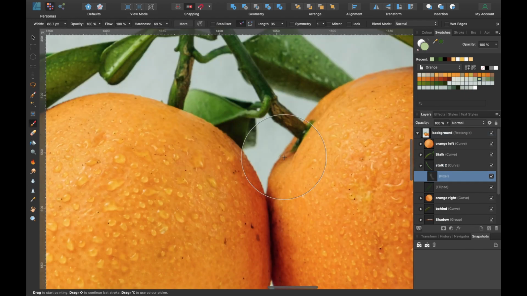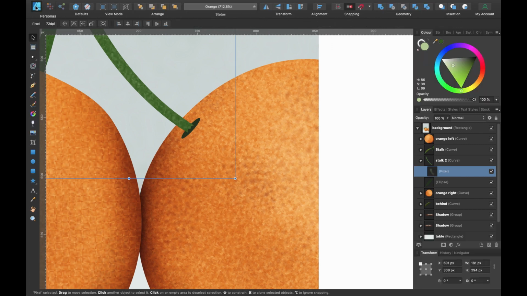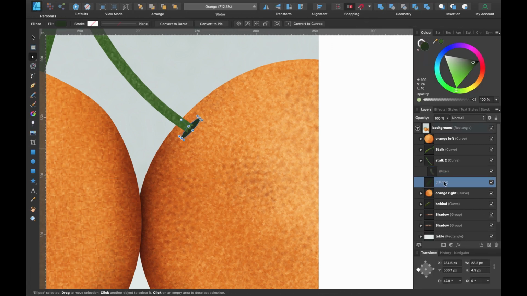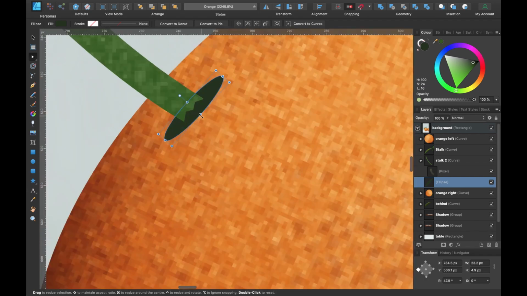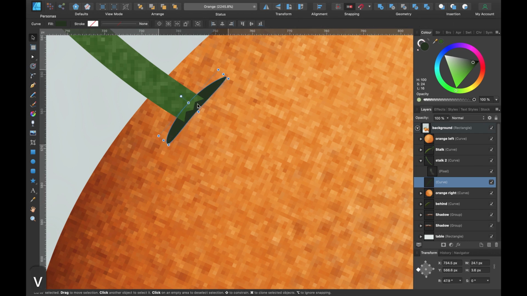Okay, so if we look in here, it's a little bit darker here where the shadow kind of comes down. So we'll just play around with our orange shape. I'm going to go back to Designer Persona, click A, the node tool. I'm going to go back to our base. And what I'm going to do with this, I'm going to click on Convert to Curves. I'm just going to push that up slightly like that. I'm going to drag these out so it looks like the orange is coming up slightly. I'll press V, the move tool, and just move it down a little bit more.